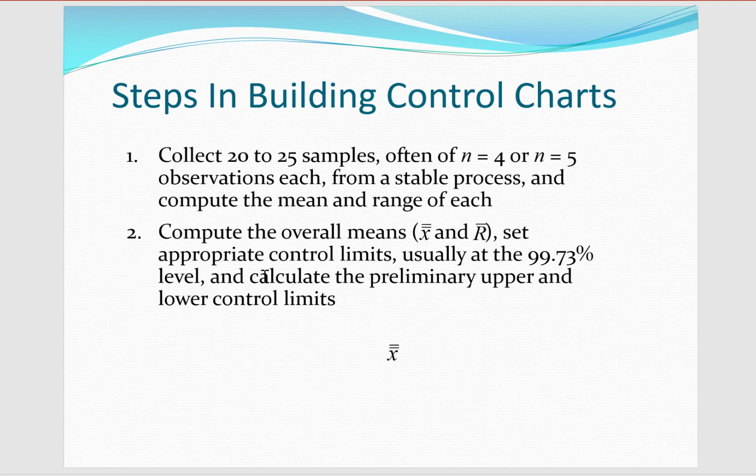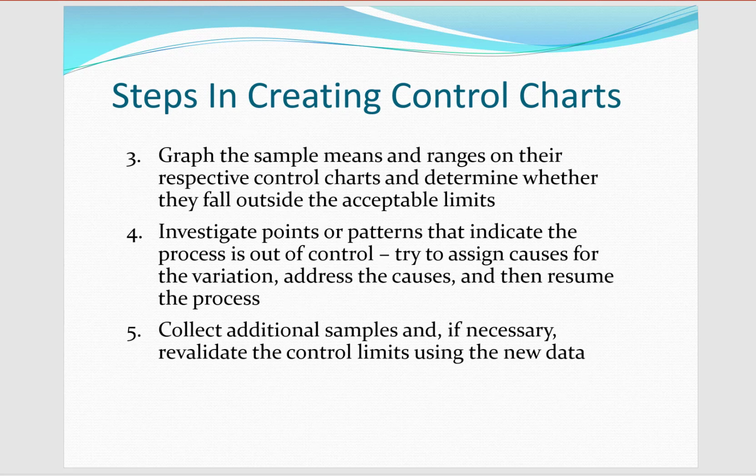and we set the appropriate control limits, which usually is a 99.73% level, which is 3 standard deviations. So then you graph the sample means and the sample ranges. You investigate points or patterns that may form to try and see if there are any assignable causes of variation. If there are, then you must remove those variations, address the causes, make sure that the process comes within control